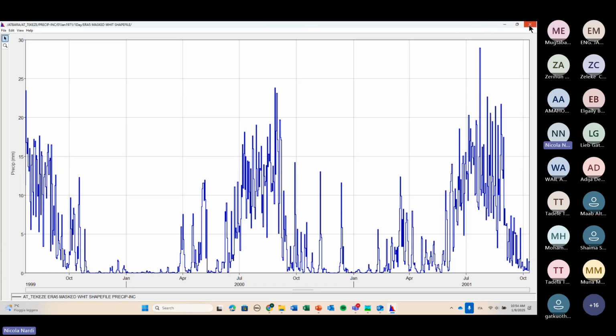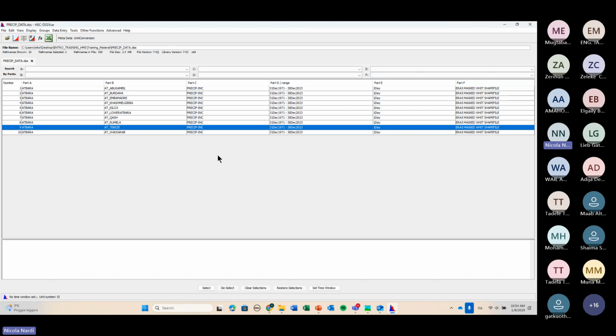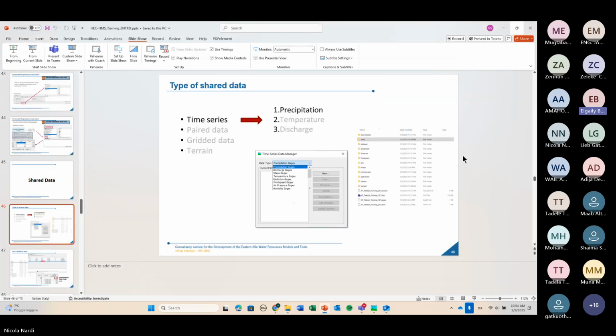Okay, so this is the data set of the precipitation that we have and that we can use. Before I show you how to add the precipitation into the HMS,